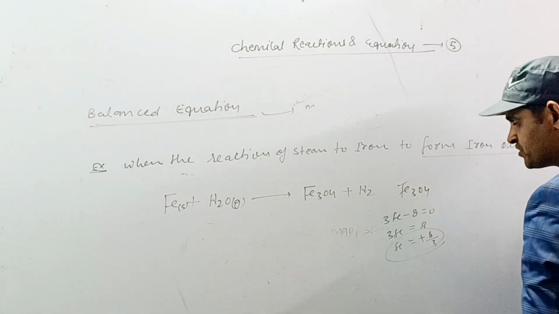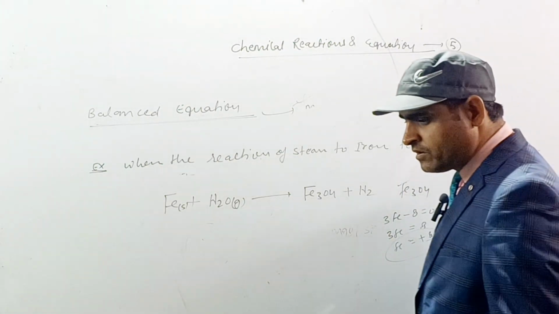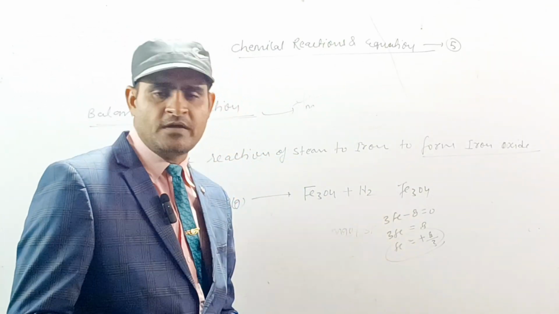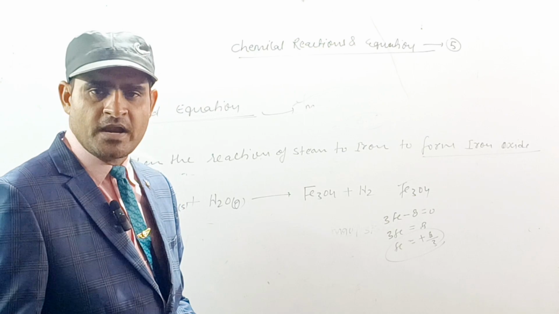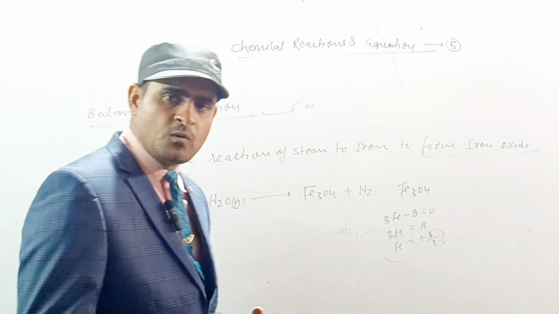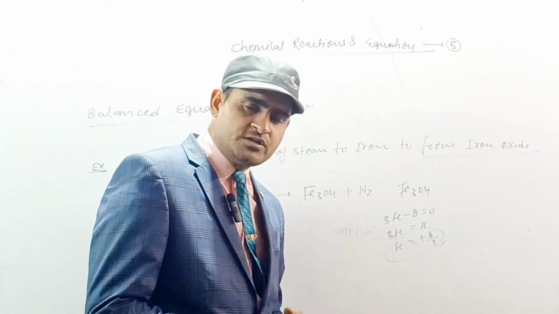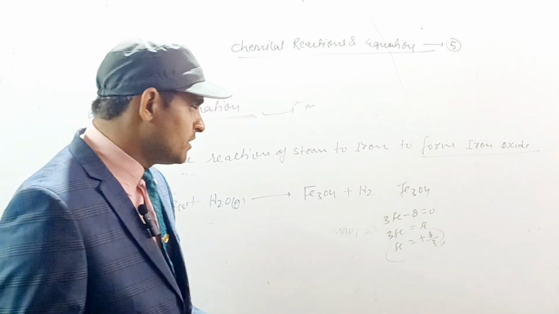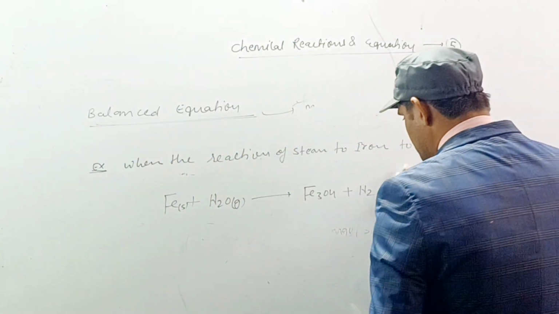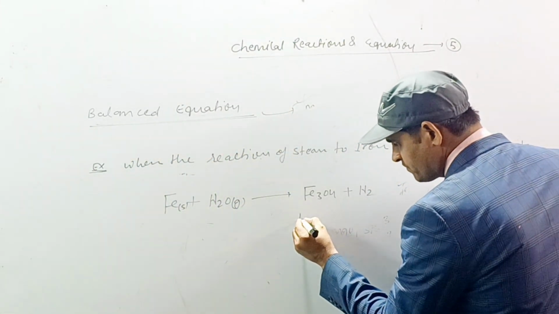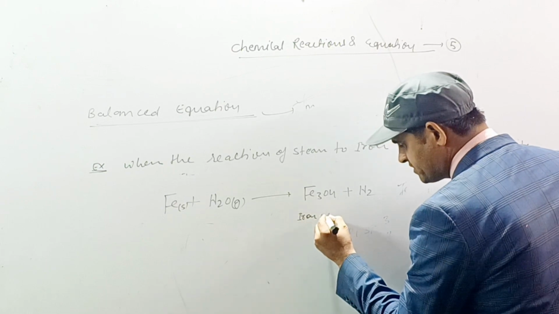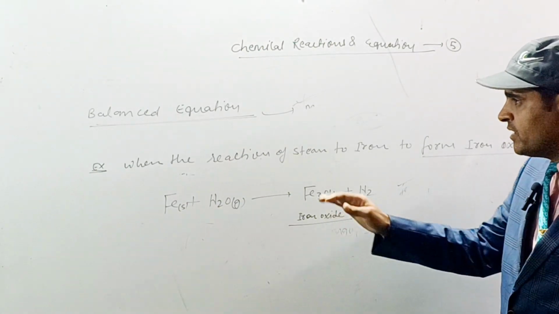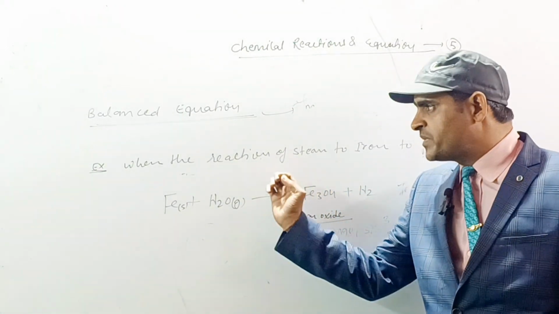This is the oxidation number of Fe, and please don't hesitate, this is part of class 11th inorganic chemistry, and in the 12th inorganic chemistry we will discuss this matter deeply in the next year's class. So this is the iron oxide. And please tell me, is this reaction balanced?